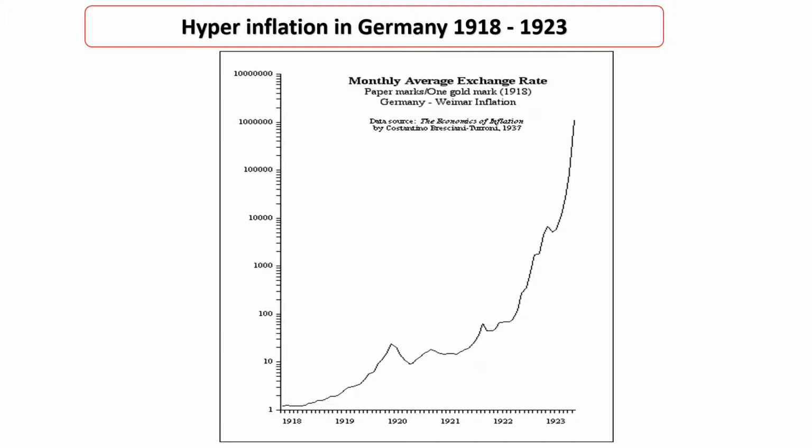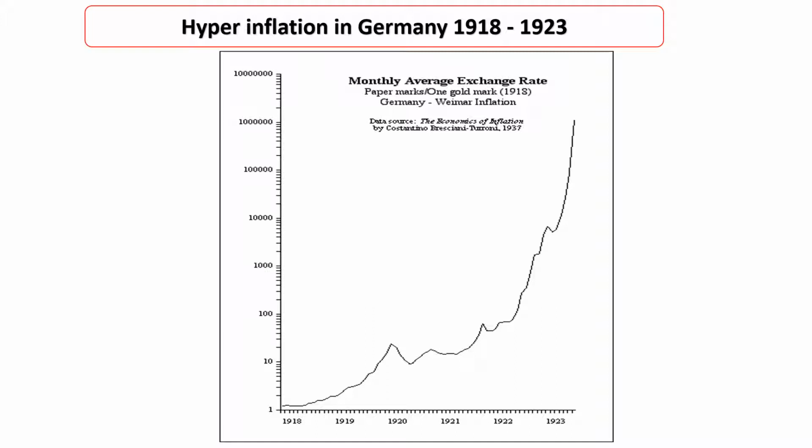1 ounce of gold cost about 1 mark in 1918. The same ounce of gold cost 100 marks in 1922. So in a 4 year time period, it had increased 100 times. And then between 1922 to 23, the same ounce of gold which cost 100 marks in 1922 now cost over